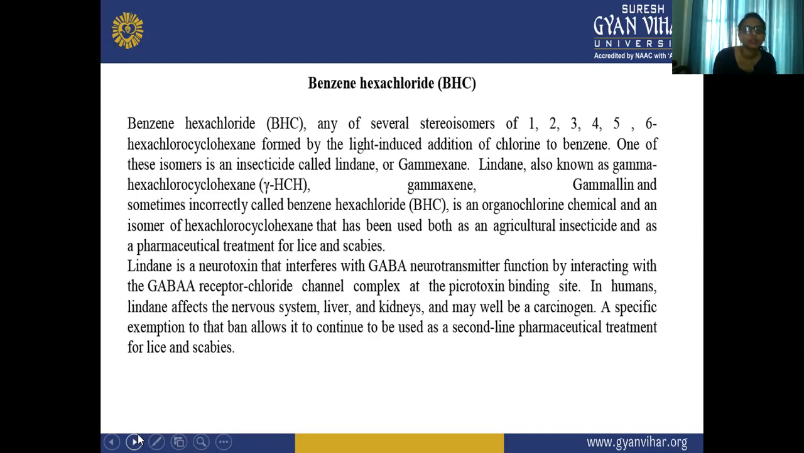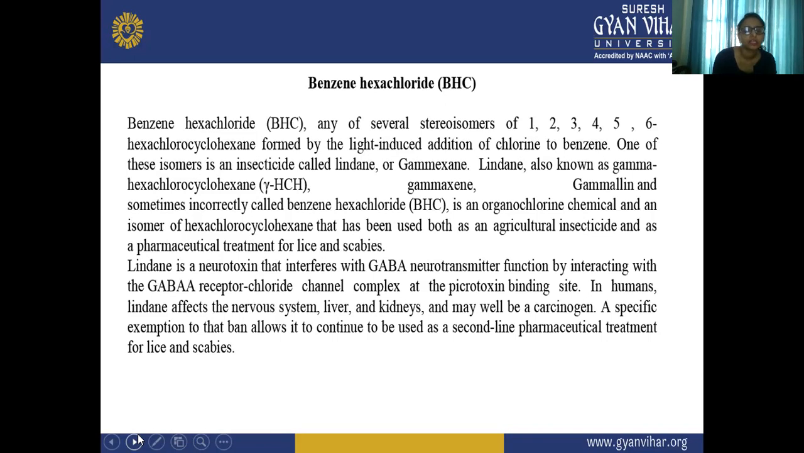So lindane, also known as gamma hexachlorocyclohexane, gamma hexane, and gammaline, and sometimes incorrectly called benzene hexachloride, is an organochlorine. Here chlorine is also present. It is a chemical and isomer of hexachlorocyclohexane that has been used both as an agricultural insecticide and as a pharmaceutical treatment for lice and scabies. It is used for the treatment of lice and scabies pharmaceutically, and it is also used for insecticidal purposes